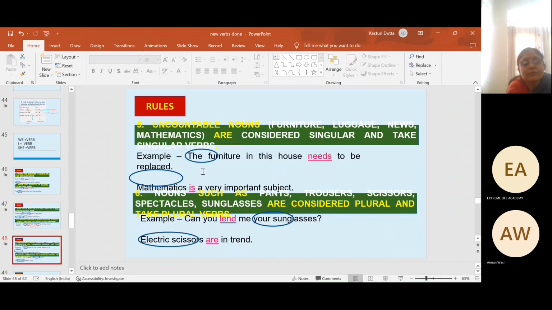Now, there are certain words which are not known to the people, like furniture, deer. Please keep this in mind. You can research on the net also. In these types of words, S is not added. The furniture. Never will you say furnitures. Never say dears. Deer. Like scissors. Can we say scissor? Can we say give me a scissor? Scissors itself is said in that way. Give me a scissors.